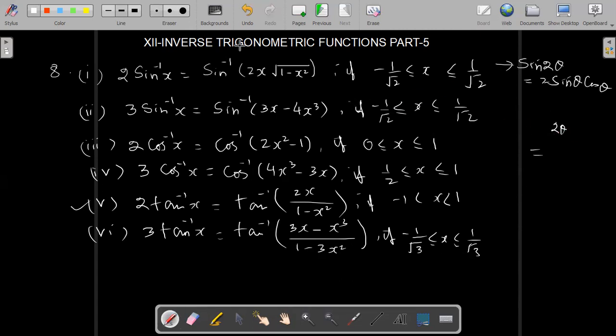Sin 2 theta can be written in tan theta. So sin 2 theta is equal to 2 tan theta upon 1 plus tan square theta. Similarly, cos 2 theta is equal to 1 minus tan square theta upon 1 plus tan square theta. So these two formulas will also give us